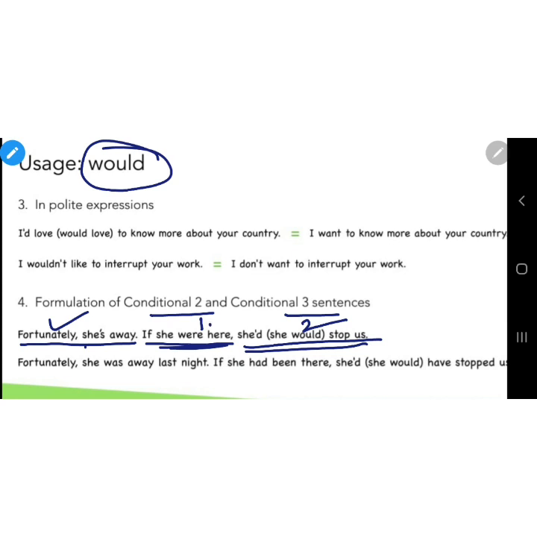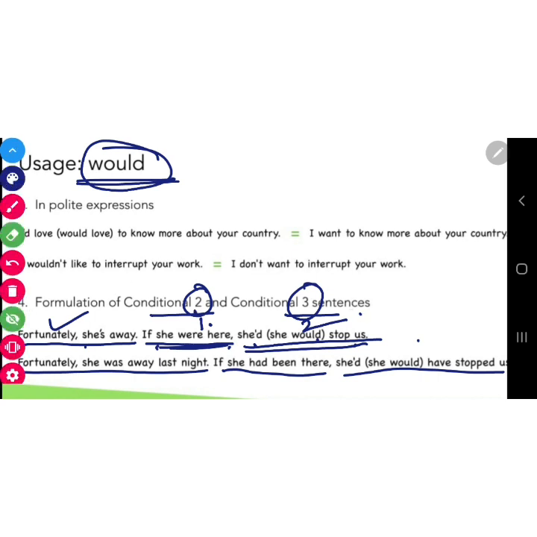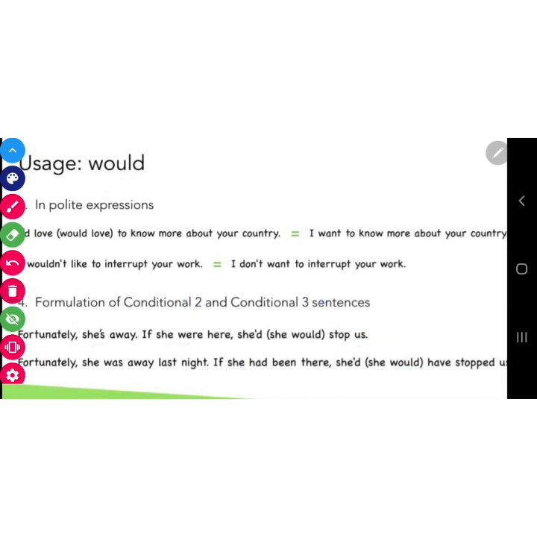So for conditional 1 we could have used should, but for conditional 2 and conditional 3 sentences we use would. So fortunately she is away. If she were here, she would stop us. Fortunately she was away last night. If she had been there, she would have stopped us. So, would is used for conditional 2 and conditional 3 sentences, and for conditional 1 sentences we use should or